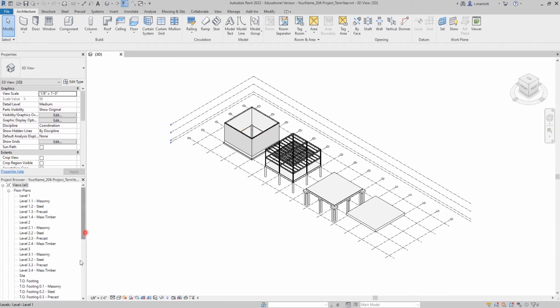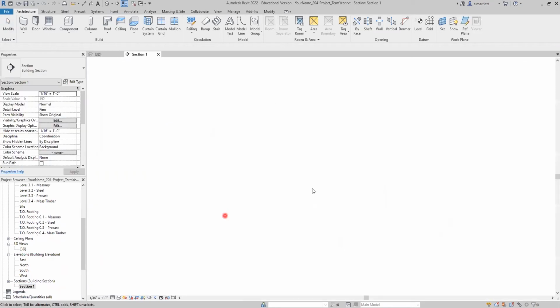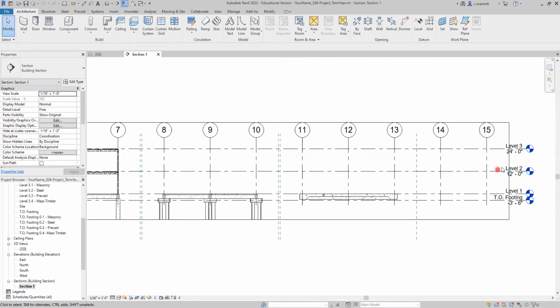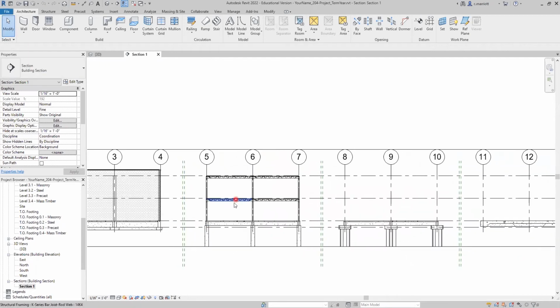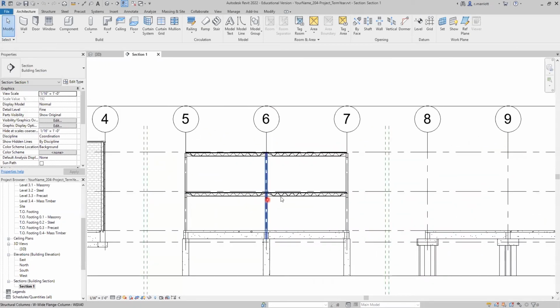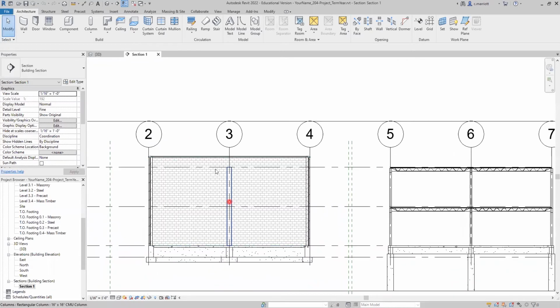When you go to your section, you may recall that you created a level 2 and level 3. For some of these structures, we will have a floor at level 2, like this one right here. But for this one, instead of creating a level 2 and a level 3, we'll just have the waffle slab at this higher level. And the reason for that is, a waffle slab,